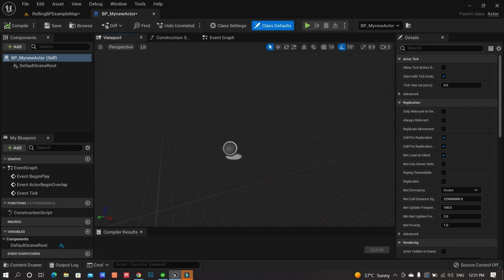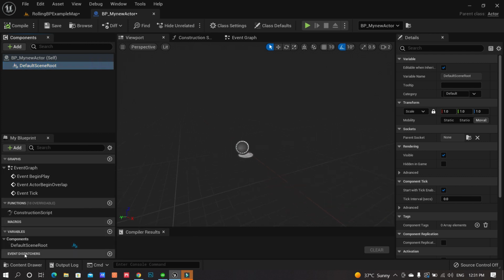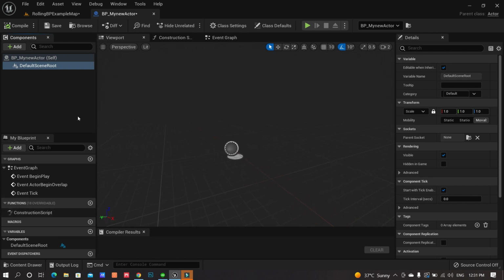On the right side, for every element which you add, in our case once we add another actor, we will have the details in terms of its properties. On the left side, I will not go into details as of now, but I will come back to it when we get to that particular topic itself.